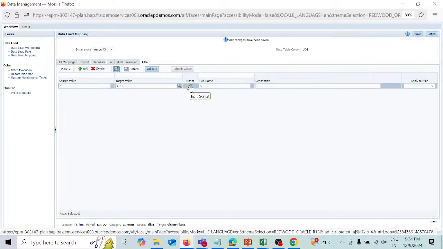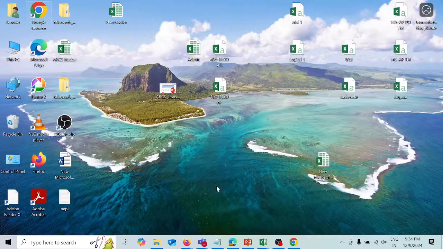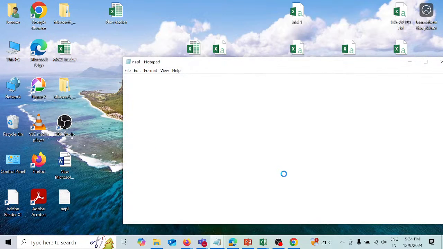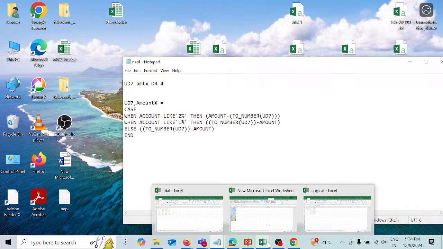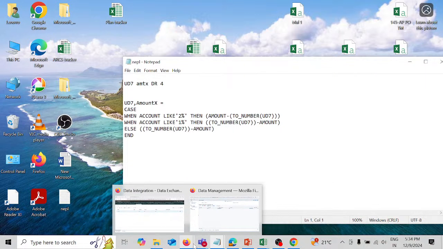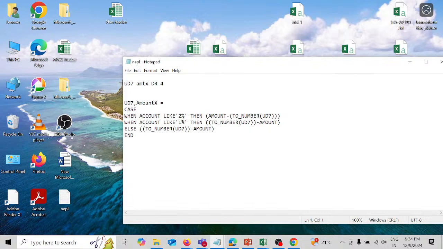Now here, through this icon, edit script, I'm going to provide the script for this mapping. Now this is the script that we're going to use. I will tell you what this script is about. We have taken UD4, so here I will change this to UD4 first, and the script is like